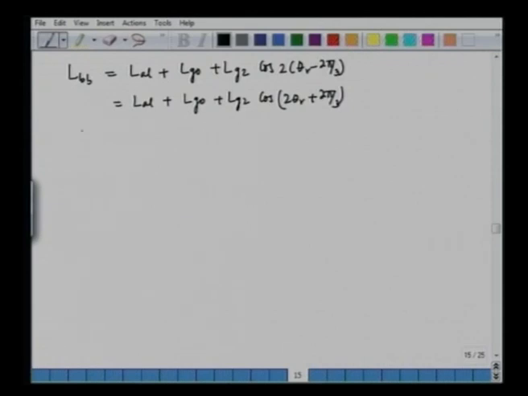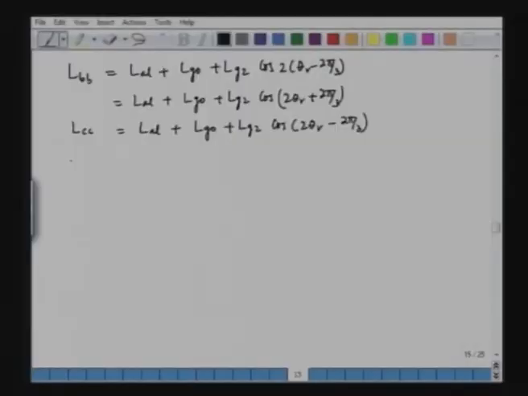And for the self inductance of phase C, similarly we can calculate LAL plus Lg naught plus Lg2 cos of 2 theta r minus of 2 pi by 3. So, we have been able to find out the self inductance of the three phases, phase A, phase B, and